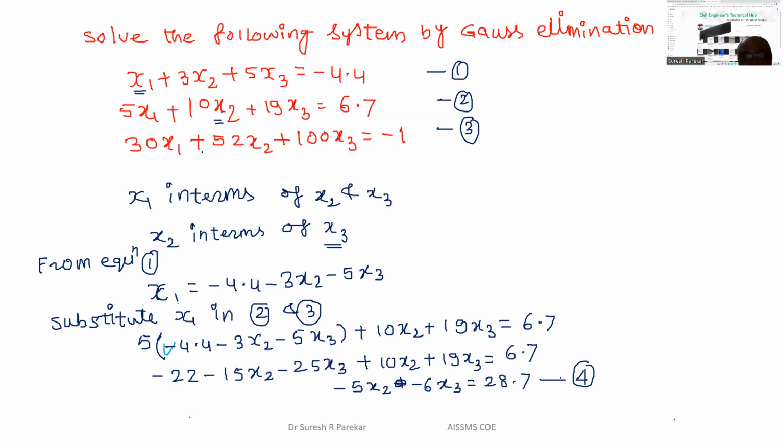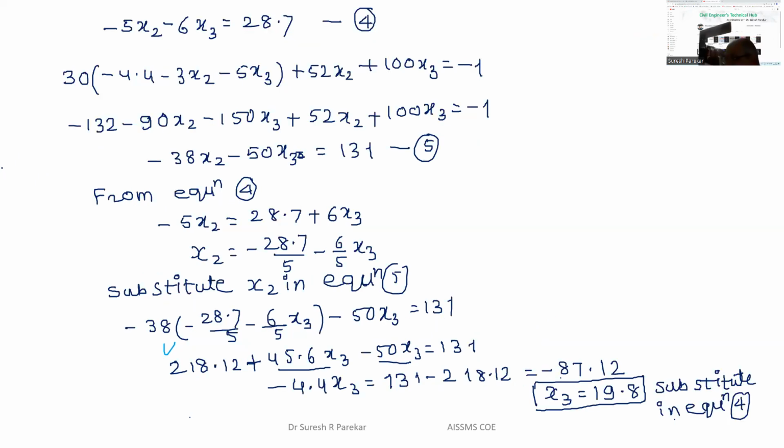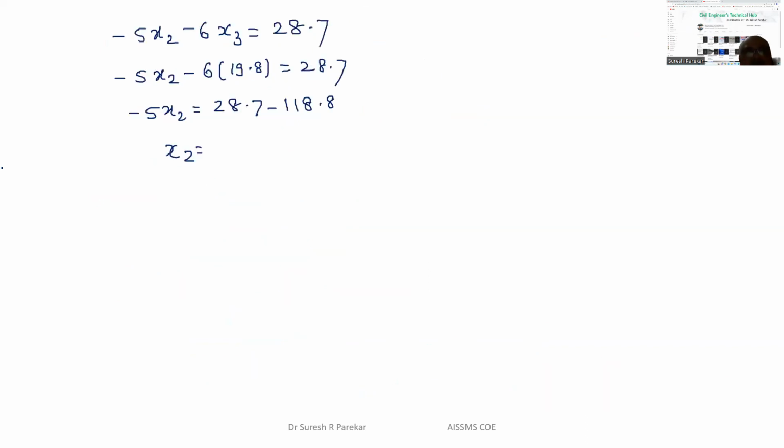So we have this value, that is minus 22, and 28.7 minus 5x2, and x3 is 19.8. When we put it, minus 5x2, this minus goes on this side and actually becomes plus. So we have 28.7 plus 118.8 divided by 5 is 29.5. So the value of x2 we have is 29.5, and this x3 and x2